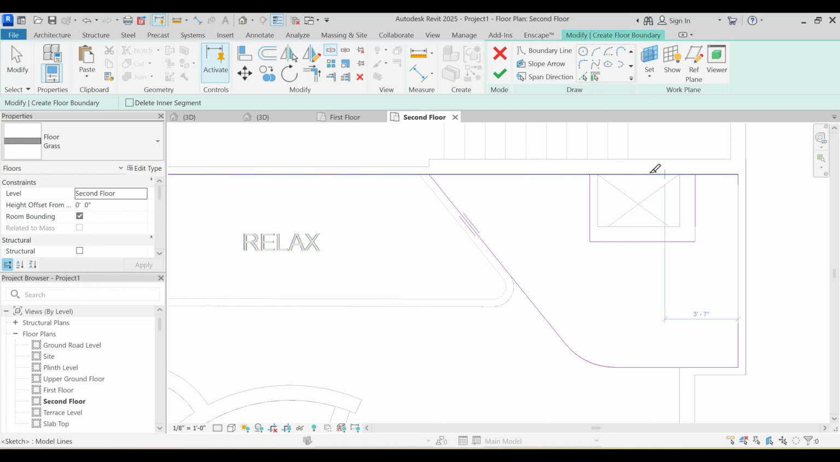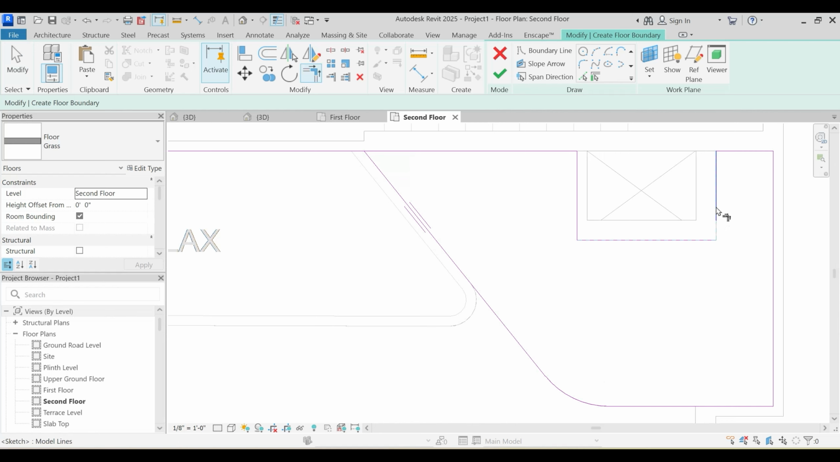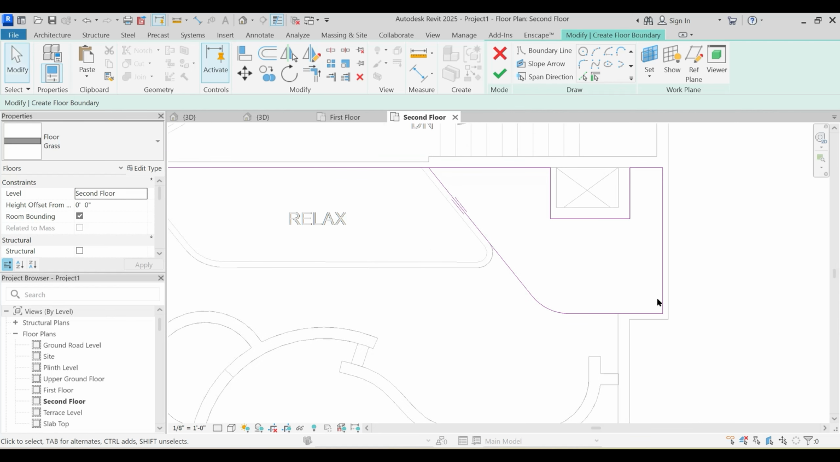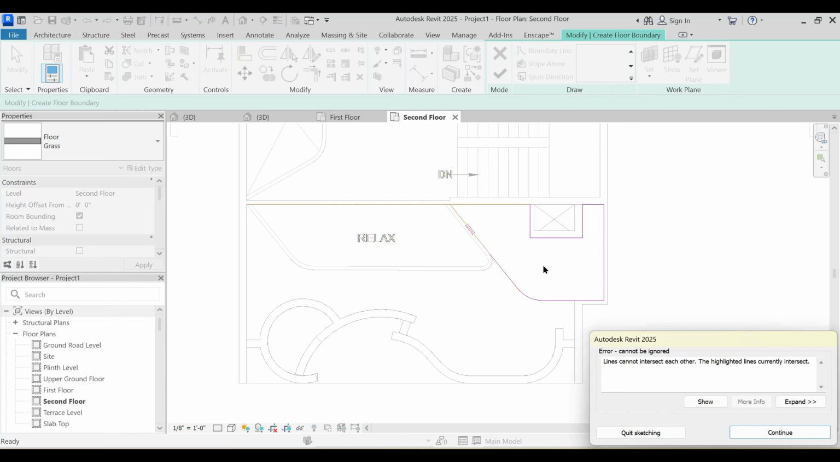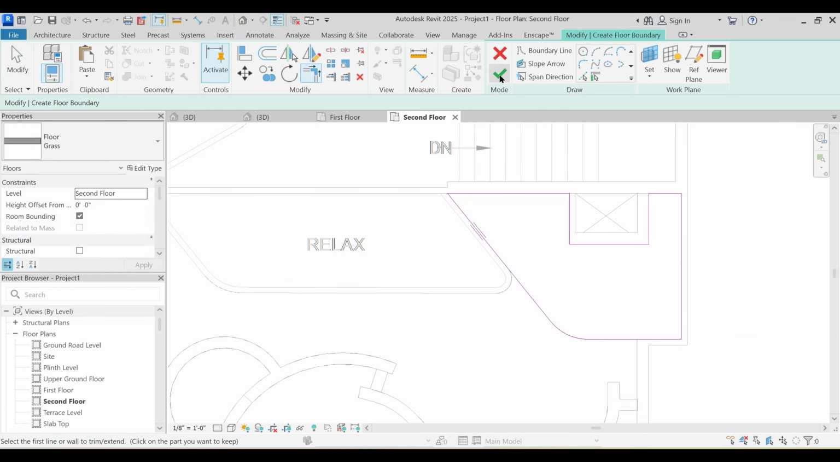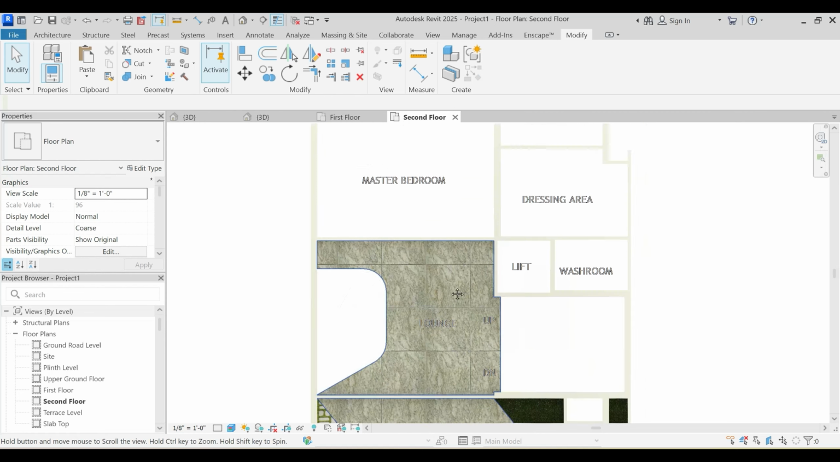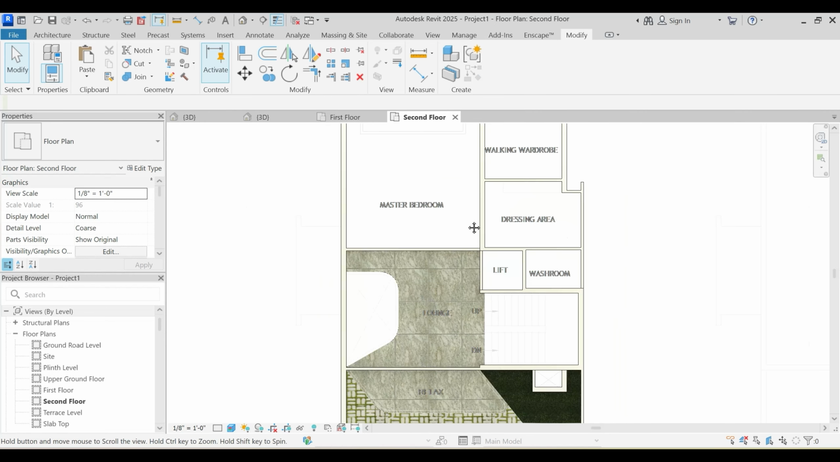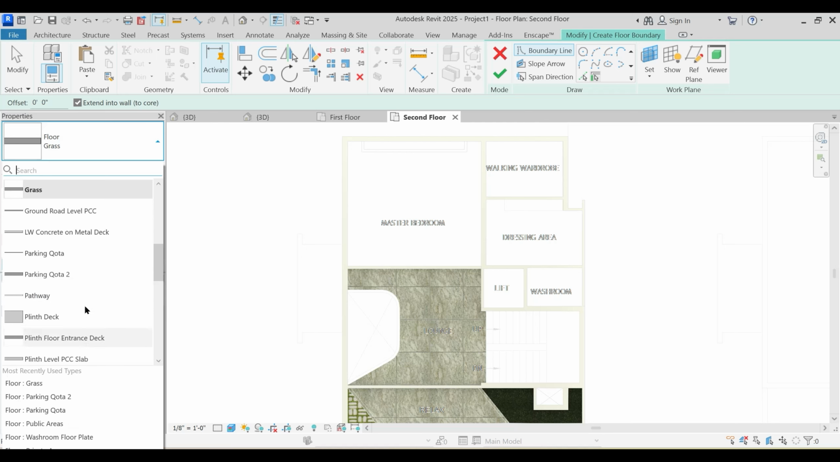And split and join. Okay, and done. Close shape. Finish. Don't attach. R enter and yes. Oh, this is left. So FA and